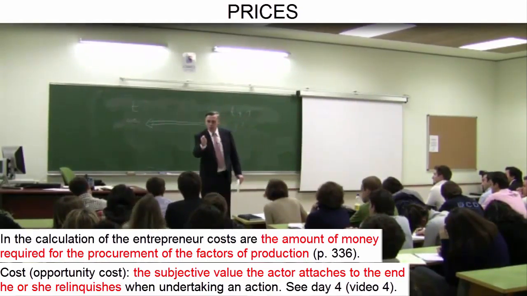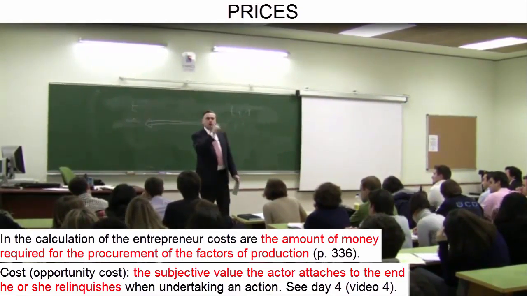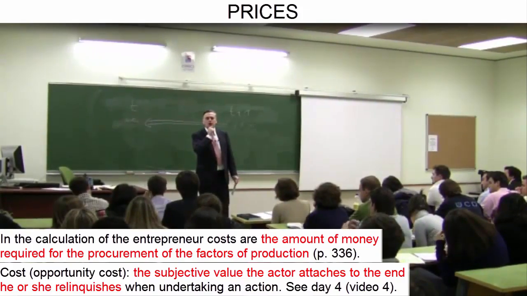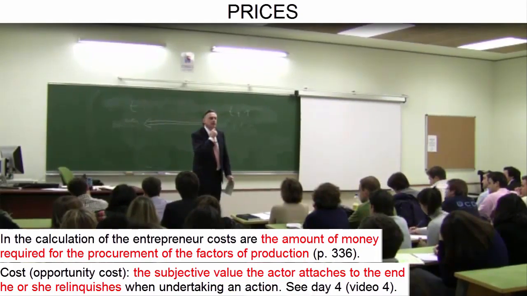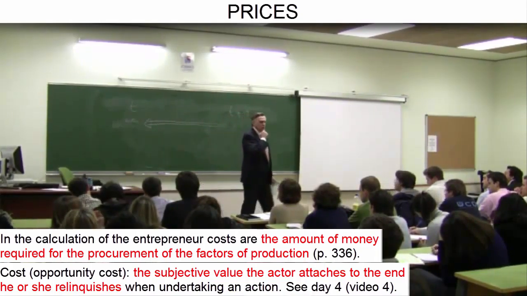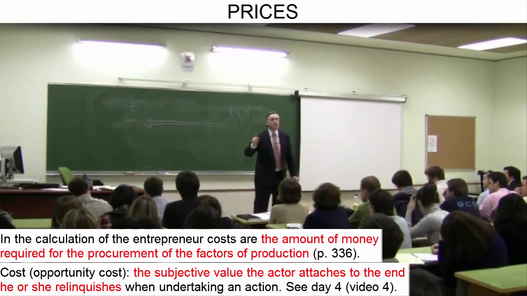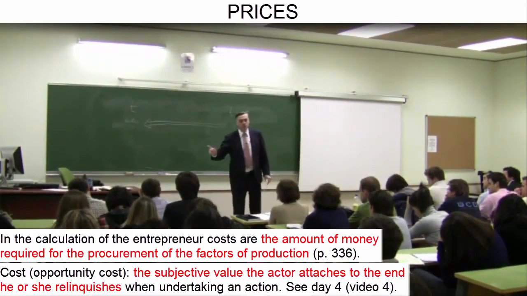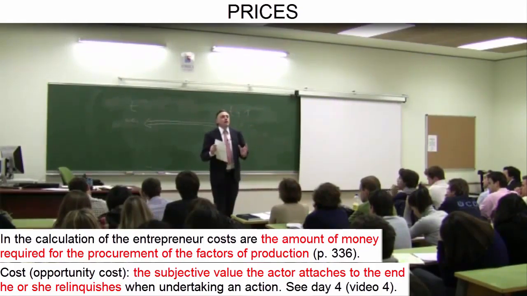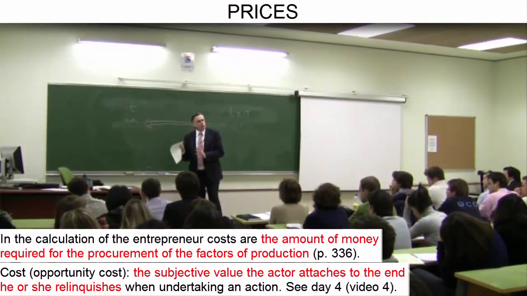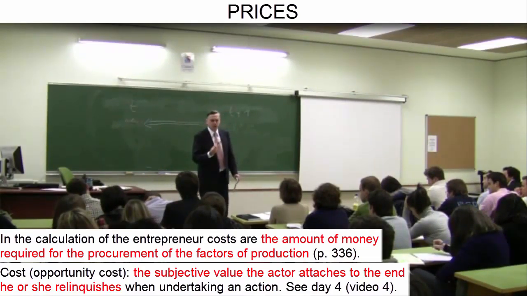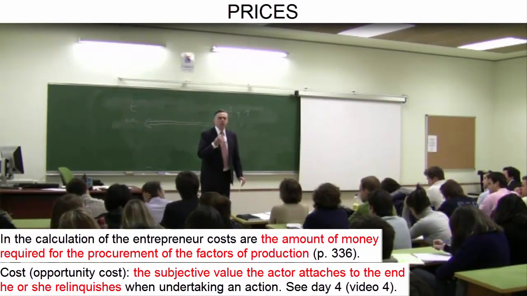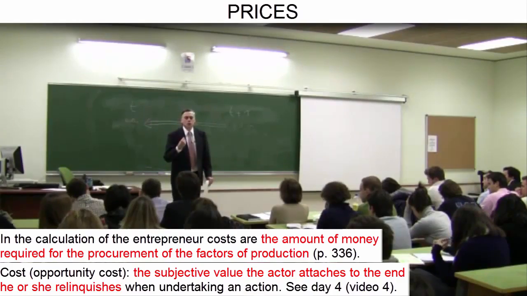Because when I pay a worker a wage, or I pay an electric bill, or the rent on commercial premises in a production process, that money I am paying for those factors of production could instead have been used to buy other factors of production, or the same factors but employed in a different production process. The very fact that I can estimate the cost in monetary units helps me to be aware of what I am giving up by launching a certain production project.